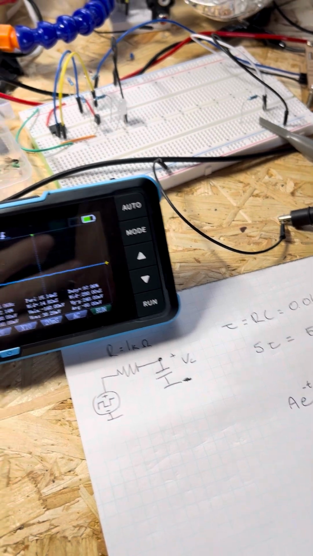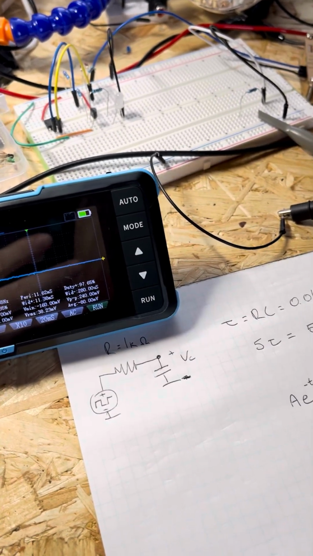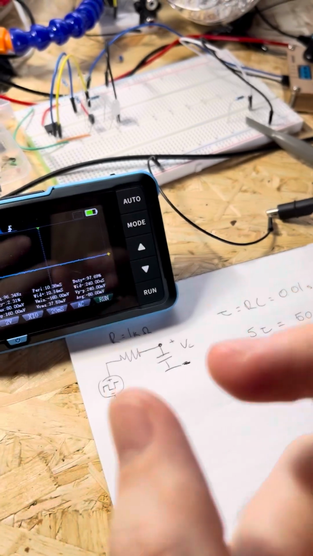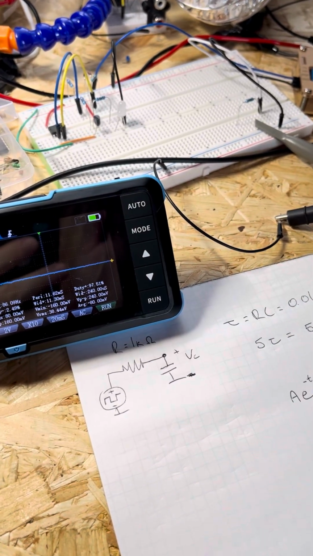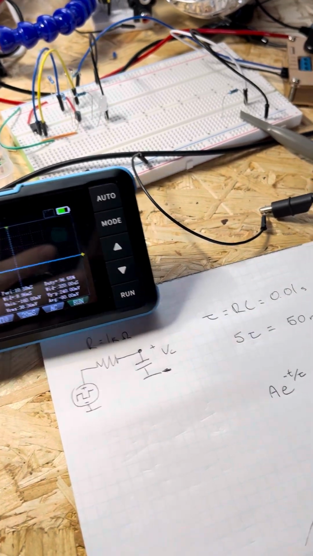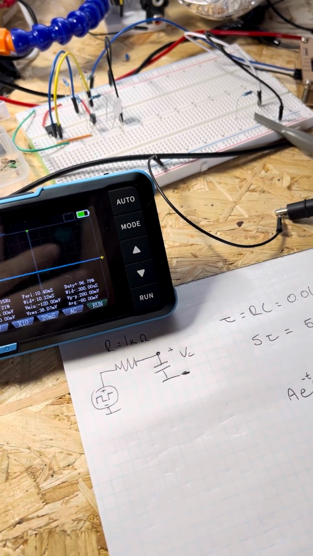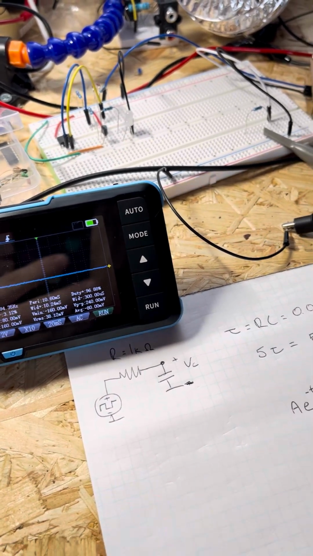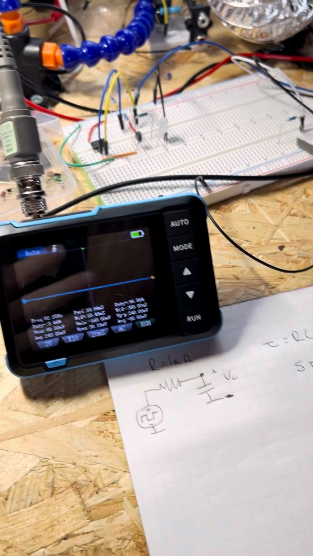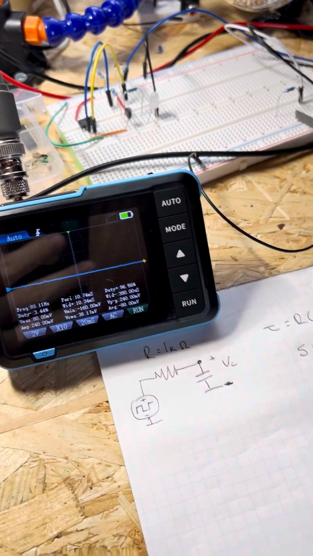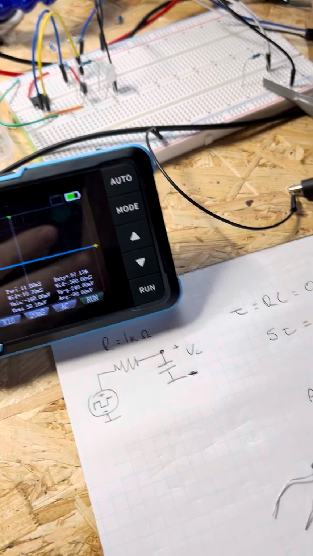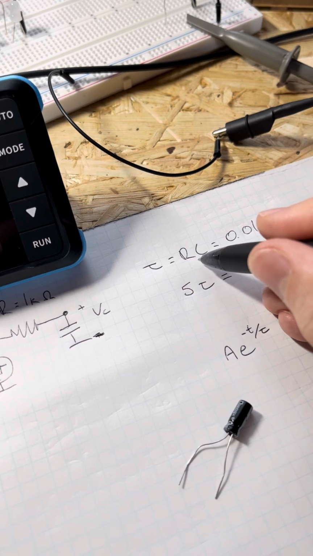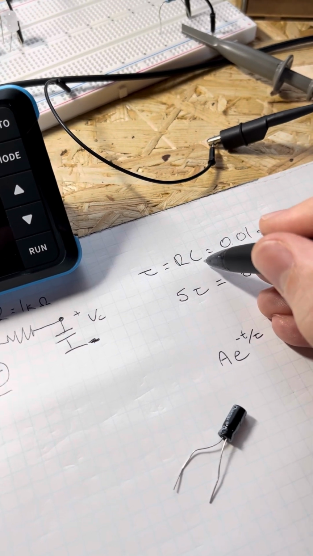And when we look at this on an oscilloscope, we can estimate how much time, or what frequency, that square wave needs to be to just match that full charge and full discharge. And when we find that frequency that it takes to fully charge it up and fully discharge it, we can then go backwards and figure out the capacitance if we have a known resistor. And the reason we can do that is because we know that the time constant, which is our resistor value multiplied by our capacitor,